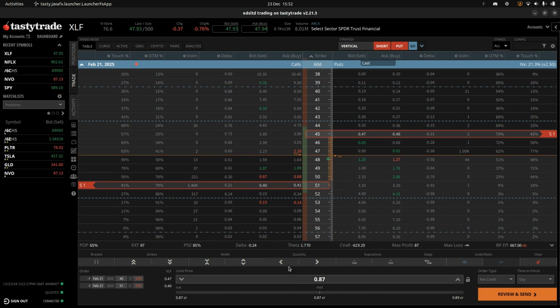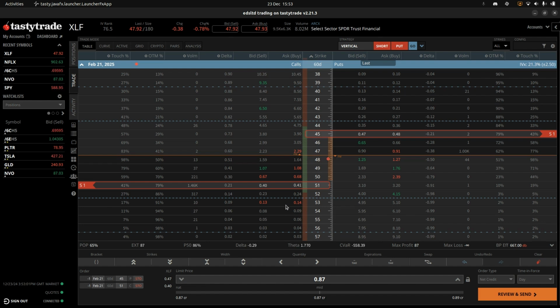And as we can see, we would collect 87 cents. That's per share. There's 100 shares per options contract. So there would be 87 cents times 100, which is $87. So we would collect $87 straight away on this position as soon as we get filled. Now, our broker is going to require $667 in buying power to open this position, which gives us a pretty nice and decent return on capital here, as we can see,